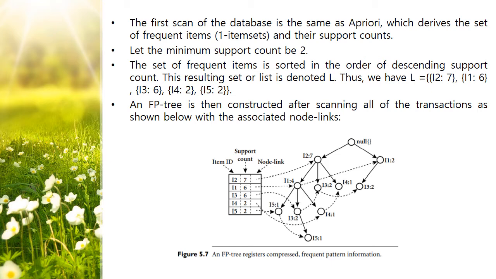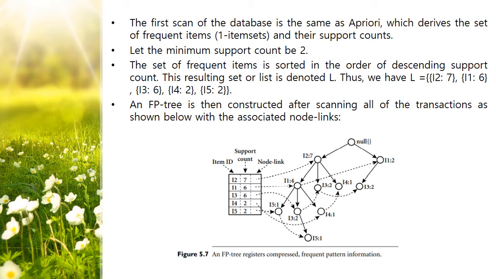You can see here we have started from the null set. Then item I2 has the highest support count value, and we have started from there. I1 has the next highest value, and that is also represented in this particular tree. Then I2